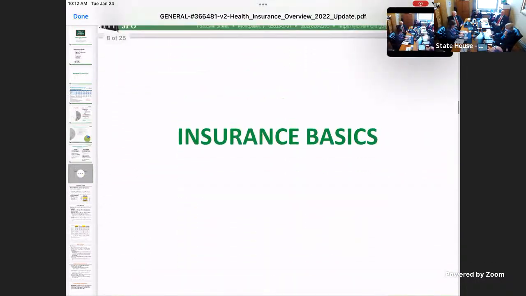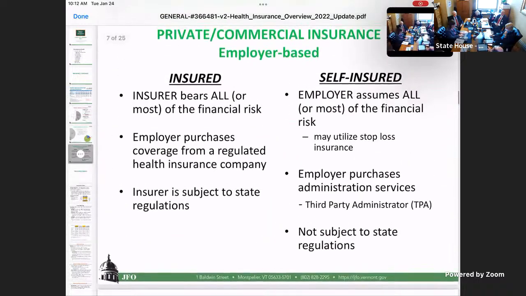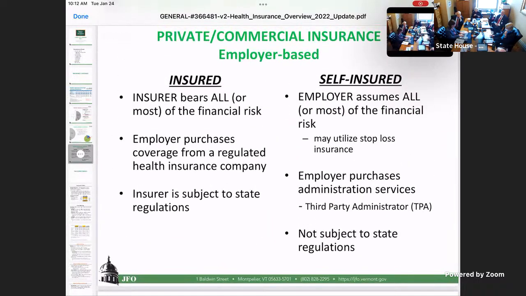Anything you want to add on self-insured? I just wanted to add, when we're talking about bearing the risk, we mean bearing the financial risk. If you're anticipating that claims for a certain group of people at a company are going to be X amount of dollars, and instead the medical claims come in at X plus 20%, if you're in an insured plan, it's the insurance company that has to deal with that 20%. And if you are a self-insured plan, the company is the one who has to come up with that 20%. I just wanted to put that more in dollars.